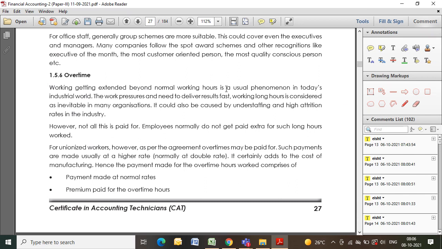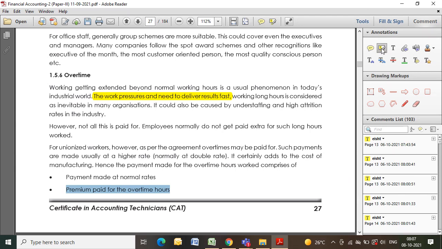Similarly, overtime is also paid just to ensure that the deliveries are happening fast. So you may have to pay them incentive and basis which typically the overtime is at double the rate or 1.5 times the rate. So it is not the normal rate. But as I said, this is a normal scenario. The organization may have different parameters. Okay. So generally it is the overtime which is paid at a premium rate.